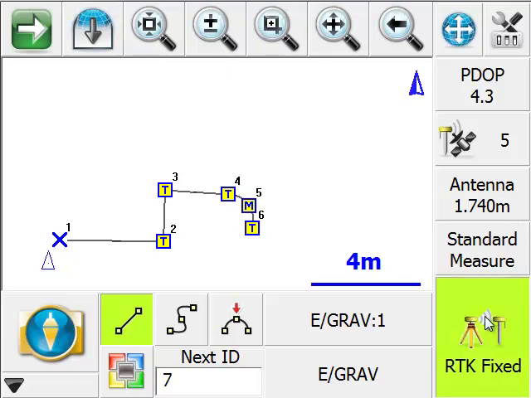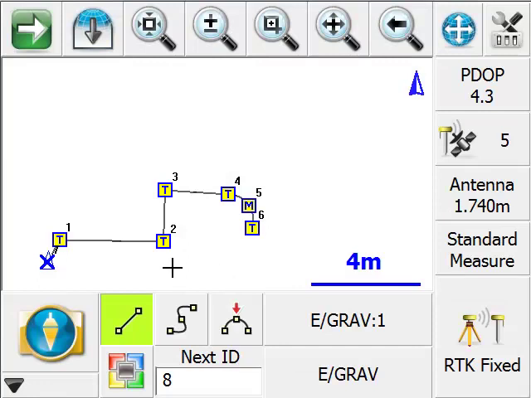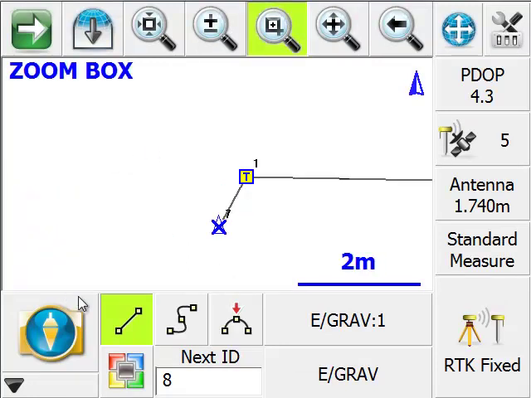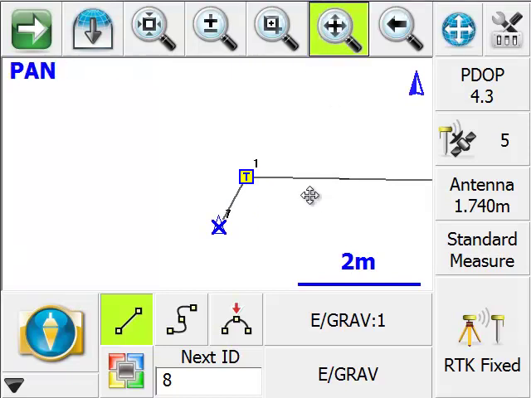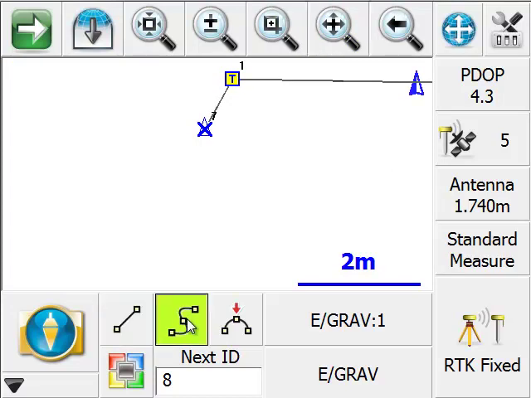And I'll trigger the shot. We'll store position regardless. There we go. So not working highly precisely, but in this case we're just doing rough topo work, so it's not going to matter too much. Okay, and one last figure of doing line work with FieldGenius is I can switch over to